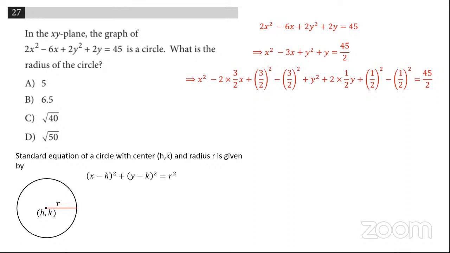You guys know those formulas, right? Say yes if you know, no if you don't. Okay. So what we are trying to do is